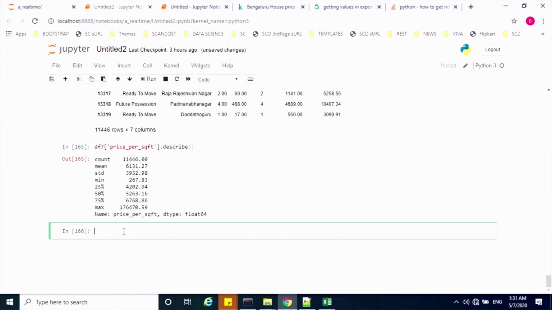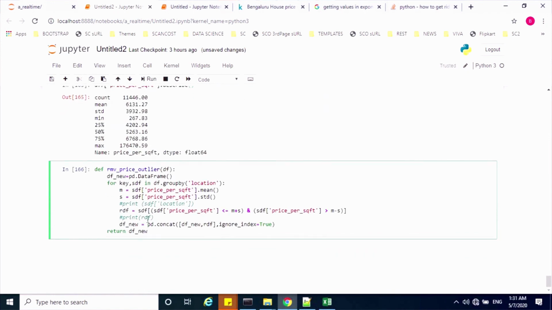For that, I'll create a custom method, and here it is. What I'm doing here is creating a sub data frame based on the location. Then I'm getting the mean and the standard deviation of price per sqft for each location. Then I'm creating a new data frame by applying a condition: if the price per sqft is between the mean minus standard deviation and the mean plus standard deviation, those will be my valid observations.